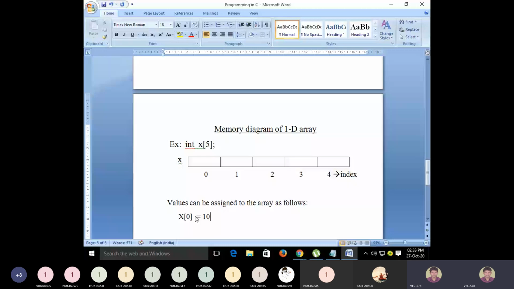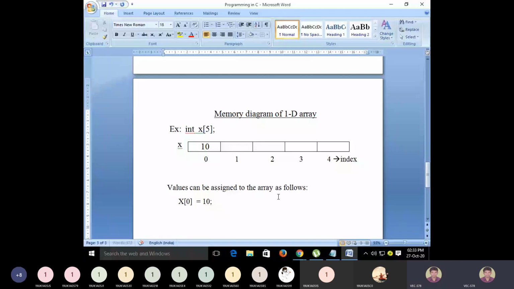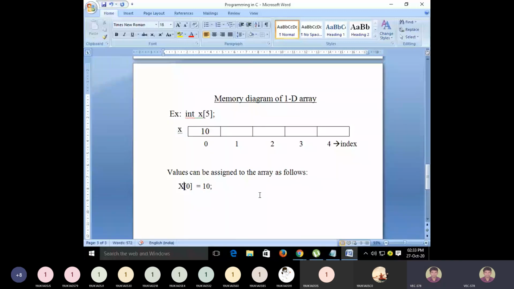In such a case, 10 will be stored in this location. Okay, small x I have used here, so x of 0 is equal to 10.